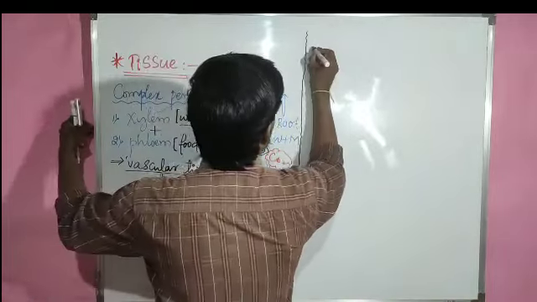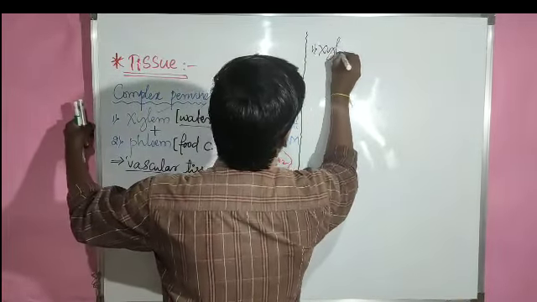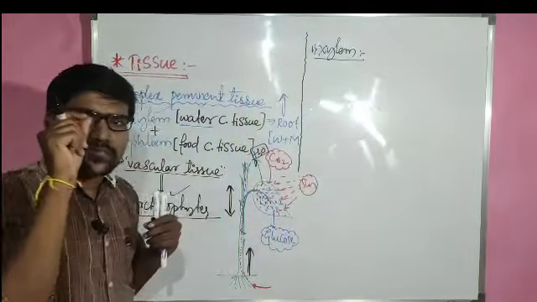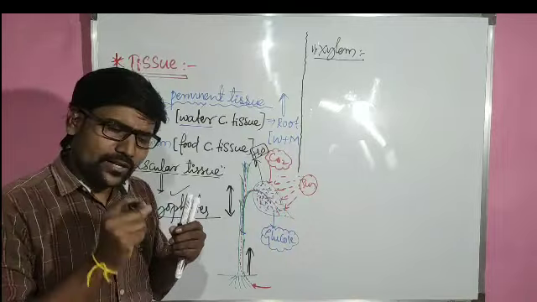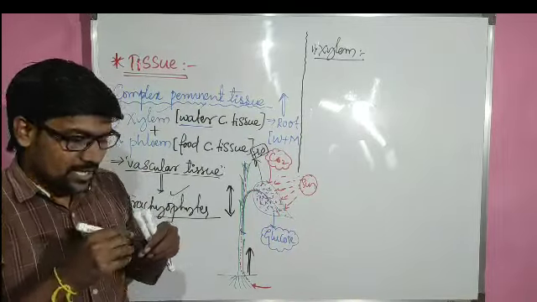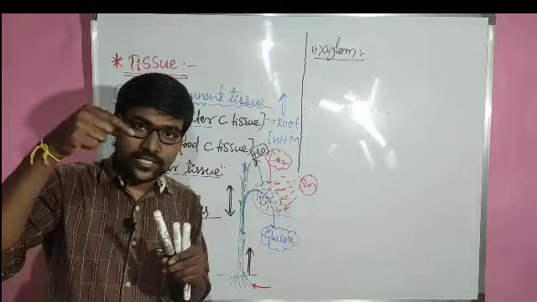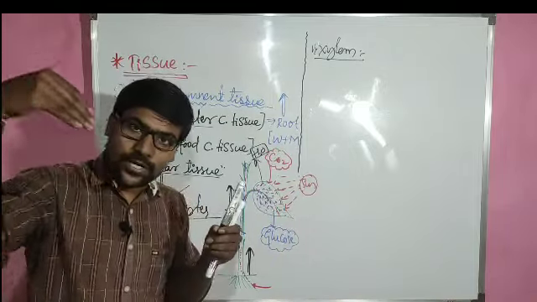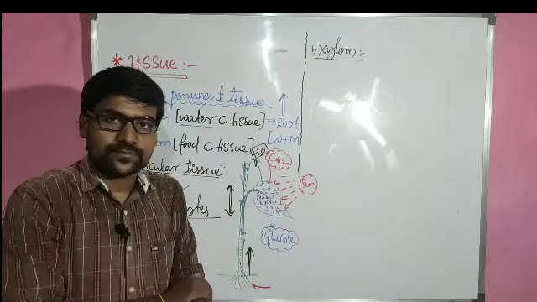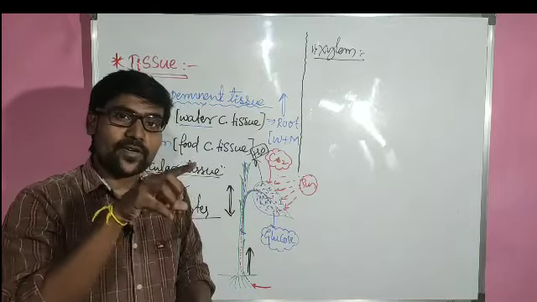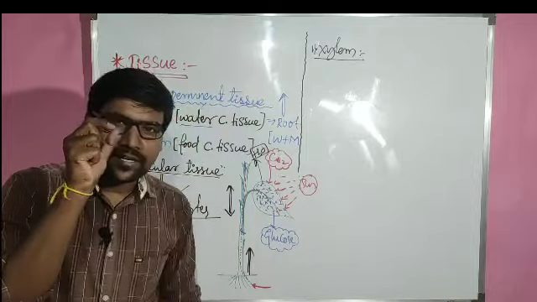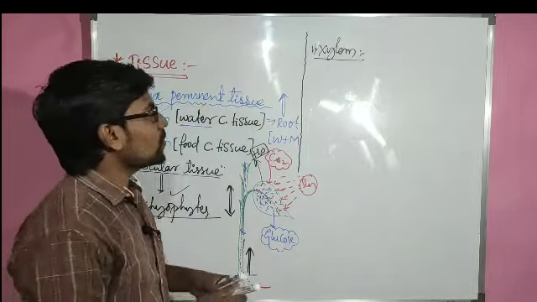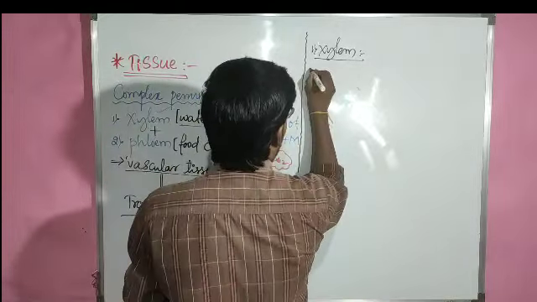If we consider the first one, xylem, imagine it is a very thin small pipe-like structure. Imagine an injecting syringe: through the syringe the fluid is coming and entering our blood veins, right? In the same way, xylem is a very thin pipe-like structure through which water is moving along with the minerals. This xylem is made of four components.